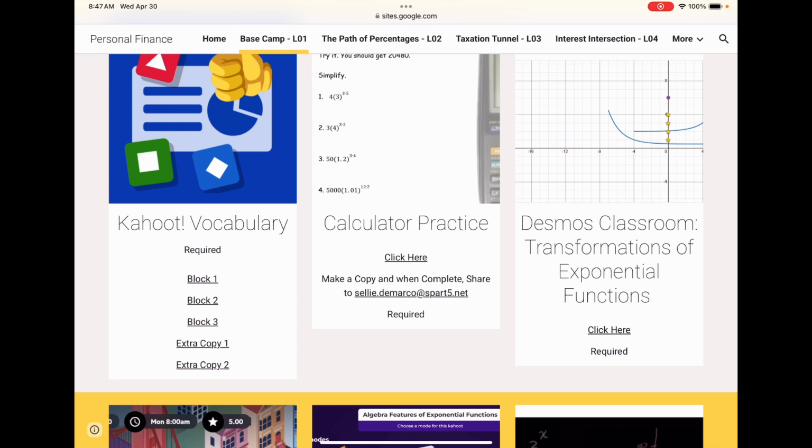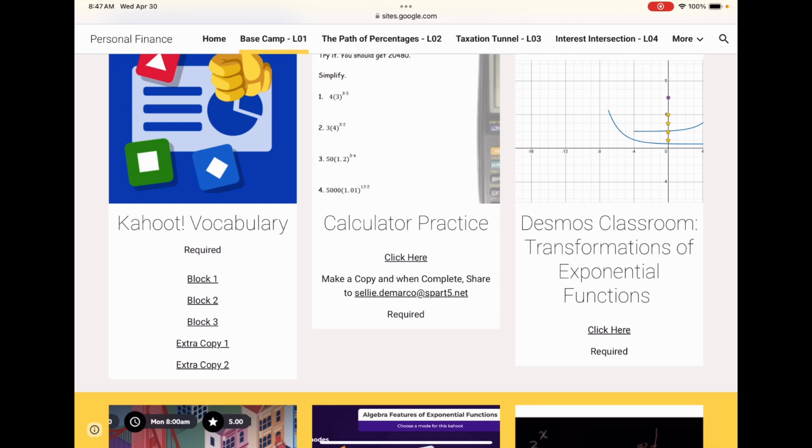The other technology is the Desmos Classroom, and that one is on transformations. It's a little activity where, I don't know if you can see it, that tiny little purple ball will drop and try to collect the stars. And the students recreate those different equations to try to gather those up.